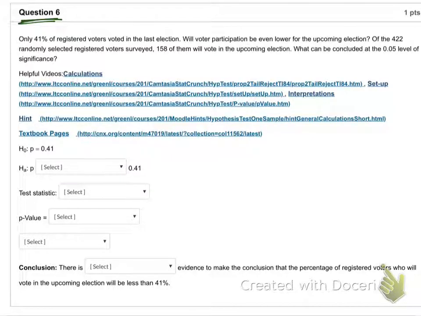Okay, so you know the first step, any hypothesis test. We've got to be clear what the claim is. Is this one an average problem or a percentage problem? This is percentage. We're talking about what percent. You see a lot of percentage, 41% and that kind of thing. Those are the only two kinds we have, average or percentage. So this is going to be something about P, not mu. It's a proportion, they call it, or a percentage problem.